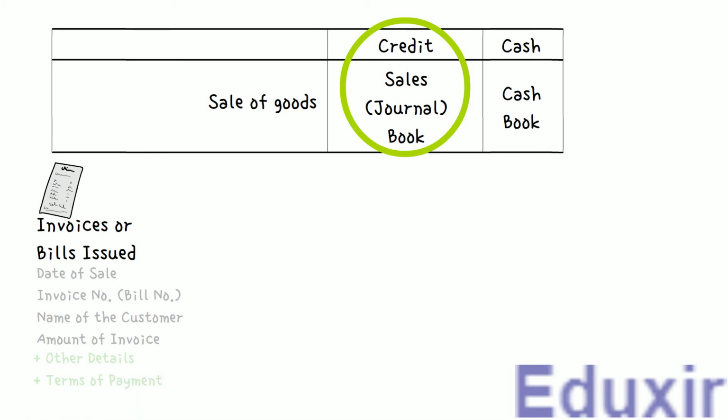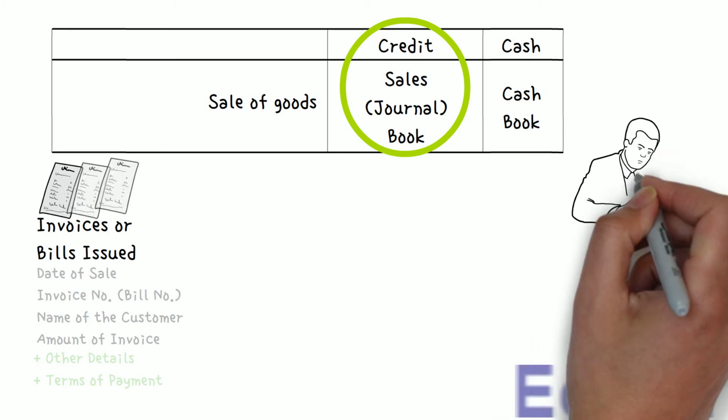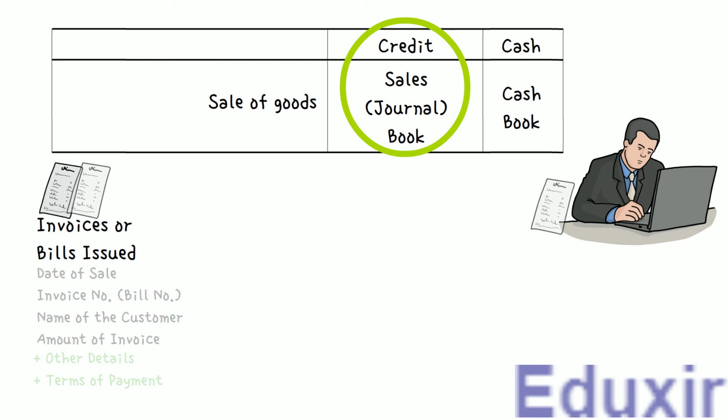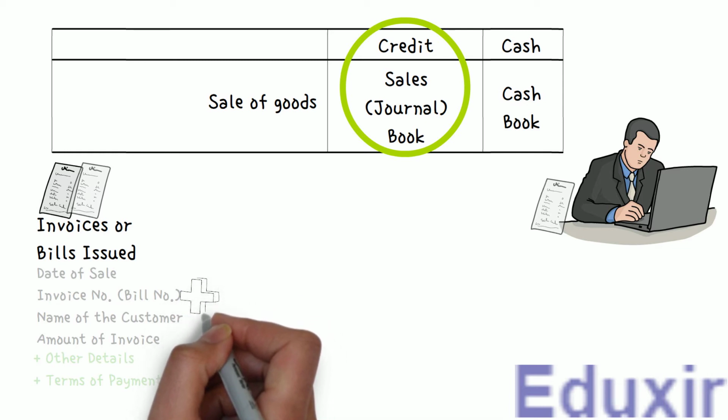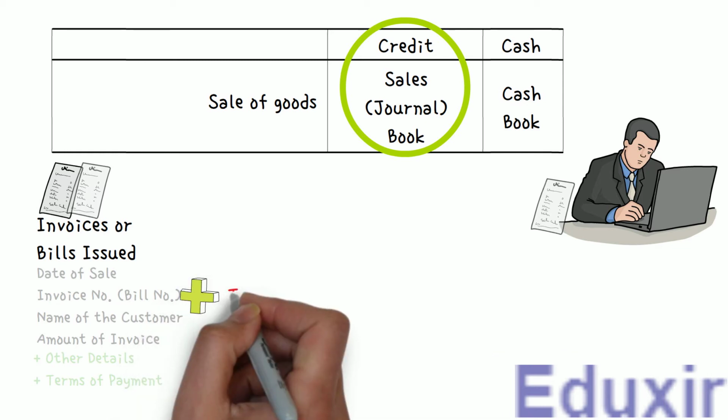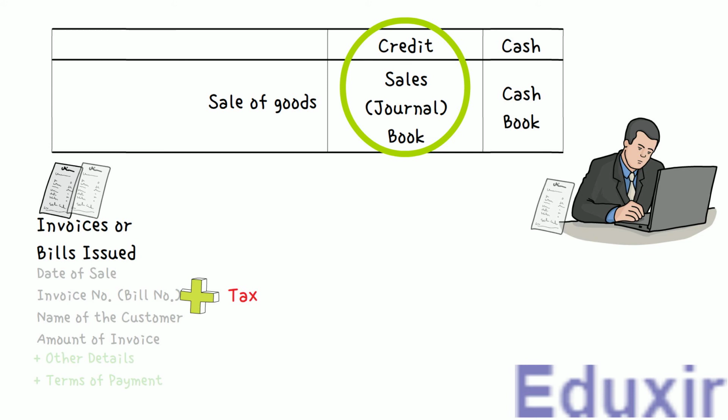the invoice. When the sale is done, 2 or more than 2 copies of the sales invoice are prepared for each sale. The bookkeeper uses one of these copies to make the entries in the sales journal. In addition to this, the sales journal might have one additional column to record the sales tax recovered from the customer and paid to the government within stipulated time.